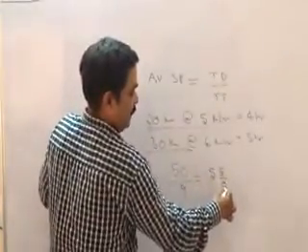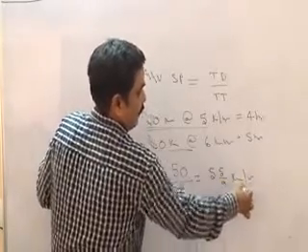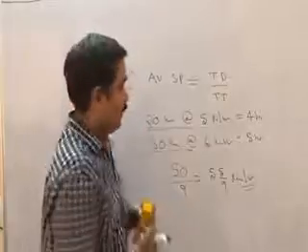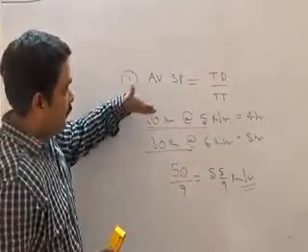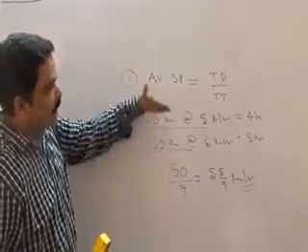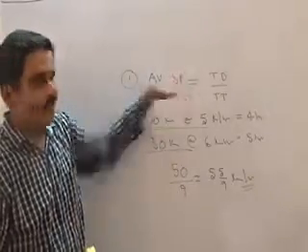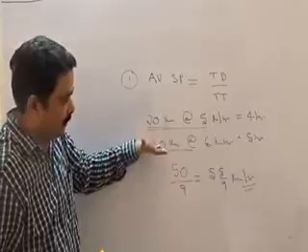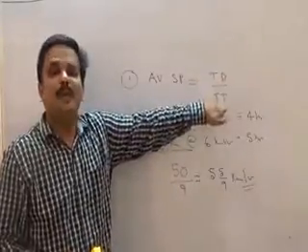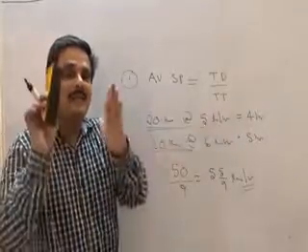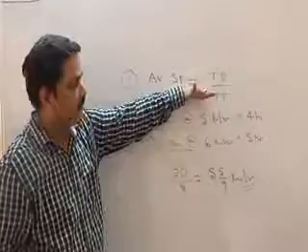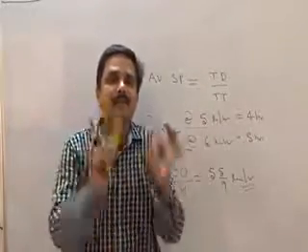5 by 9 kilometers per hour is the average speed. Alright. So now average speed, when the distances are different, or 3 distances or 4 distances are given. When the distances are different in measurement, we should use this formula: total distance by total time taken. If the distance is the same, we can modify this formula and go by a still simpler way.